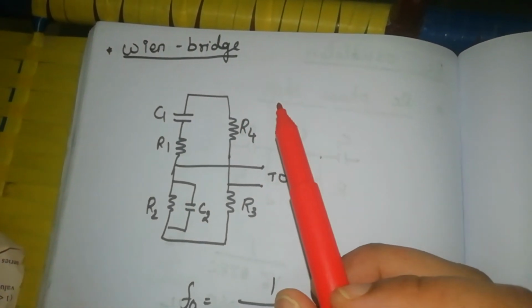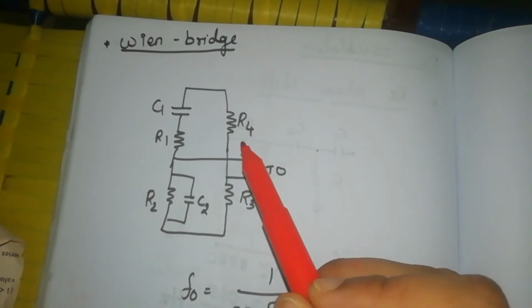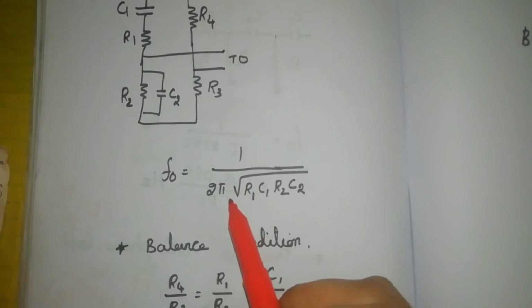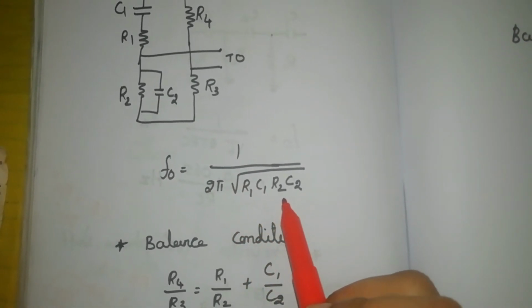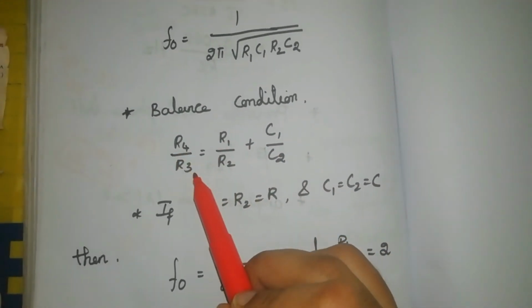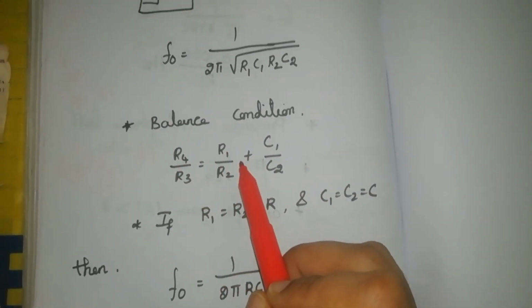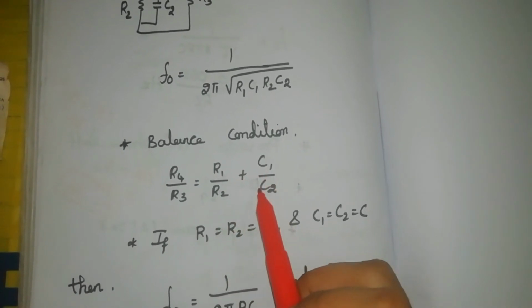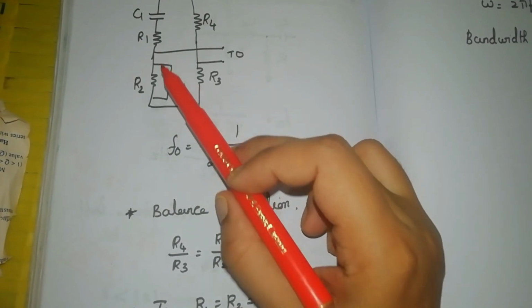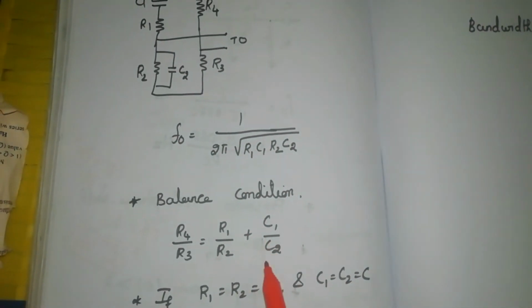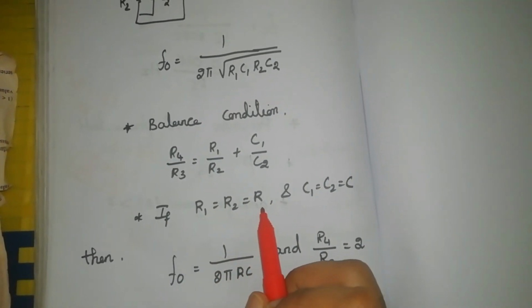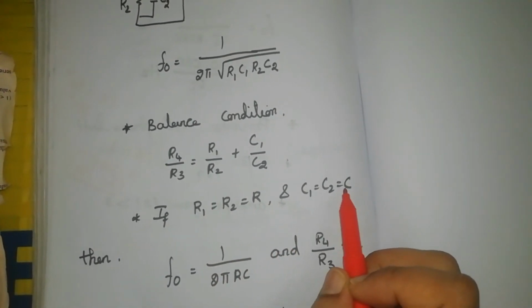Next we see the Wien bridge oscillator, and this is the circuit of the Wien bridge oscillator, and here the frequency of oscillation is equal to 1 by 2 pi root of R1 C1 R2 C2, and the balance condition here is R4 divided by R3 is equal to R1 divided by R2 plus C1 divided by C2. And also if R1 is equal to R2 is equal to R, C1 is equal to C2 is equal to C,